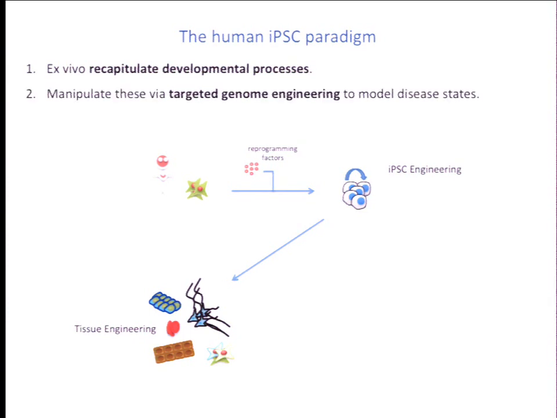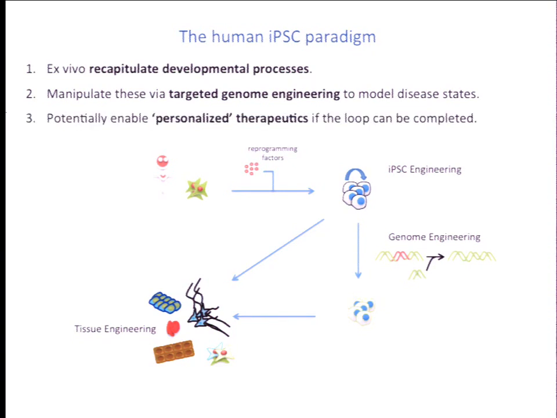Importantly, we can also start to use these iPS cells to model disease states. For instance, we can perform genome engineering in these cells and convert them to cells that potentially either recapitulate disease or do not have disease-associated mutations in them, and again, potentially differentiate them into any tissue type of interest. And more importantly, one can potentially complete this loop and enable personalized therapeutics. So with the advent of the human iPSCs, I think our ability to look at human developmental biology has